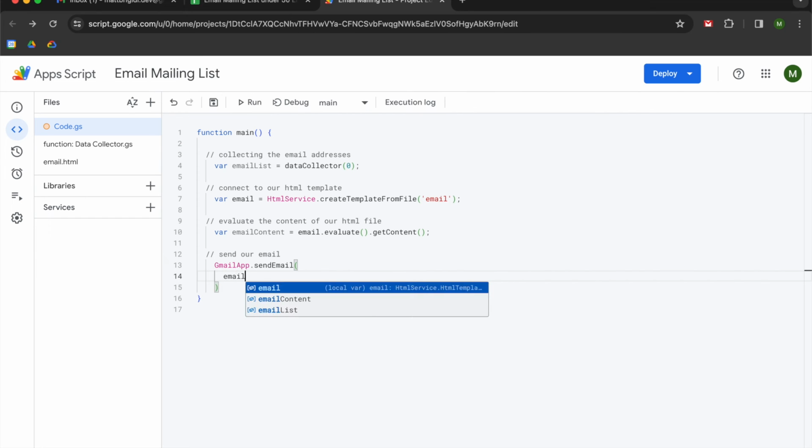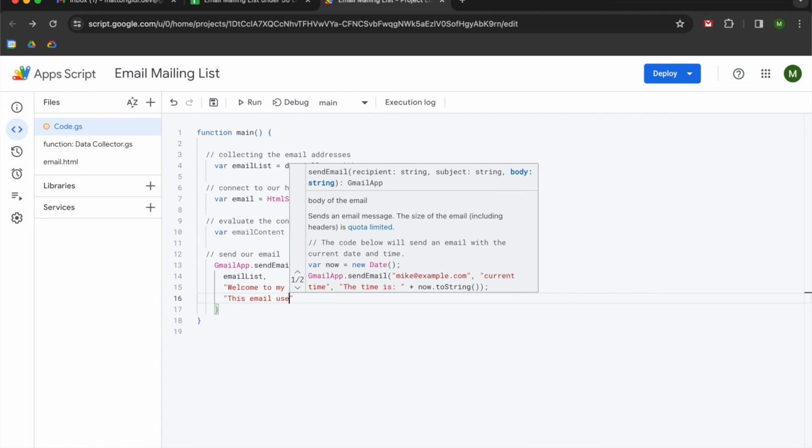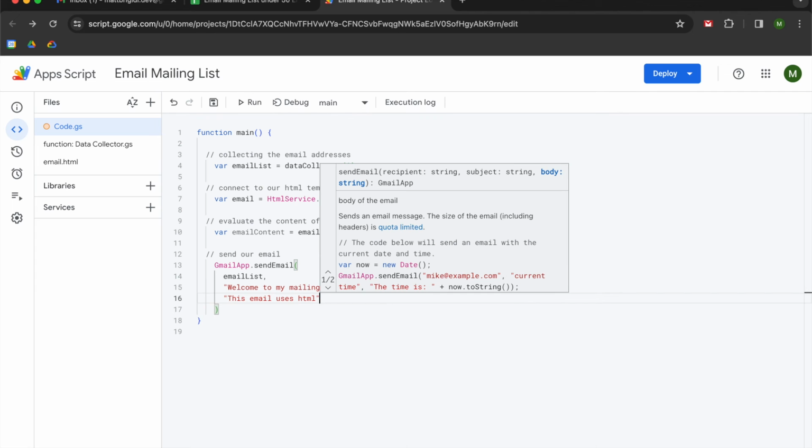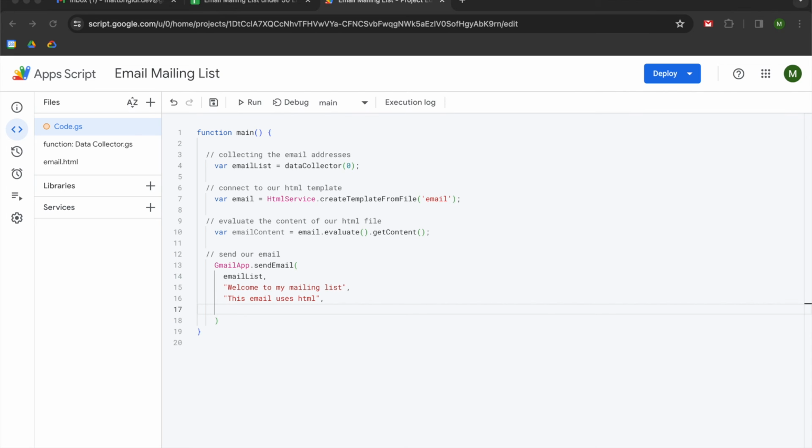We're just going to say emailList and then comma, and we're going to set our subject line. So we're going to say, welcome to my mailing list. And then we're going to say this email uses HTML. This is a little message just in case the HTML doesn't load, I believe. And then the final thing that we're going to put in there is the content of our email. So this is where we're going to write a dictionary,